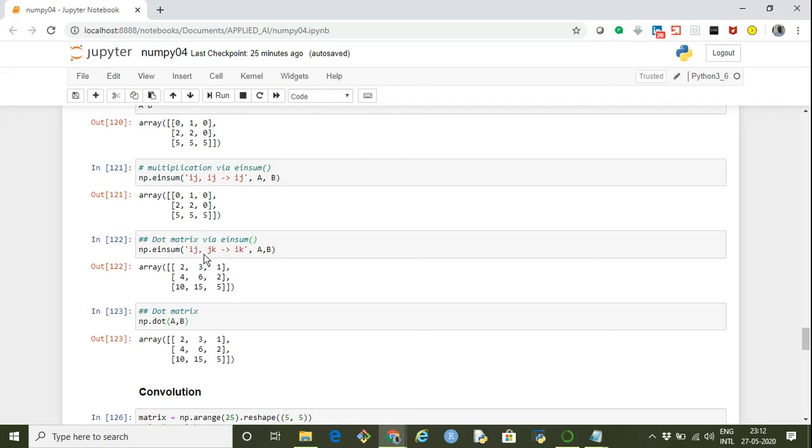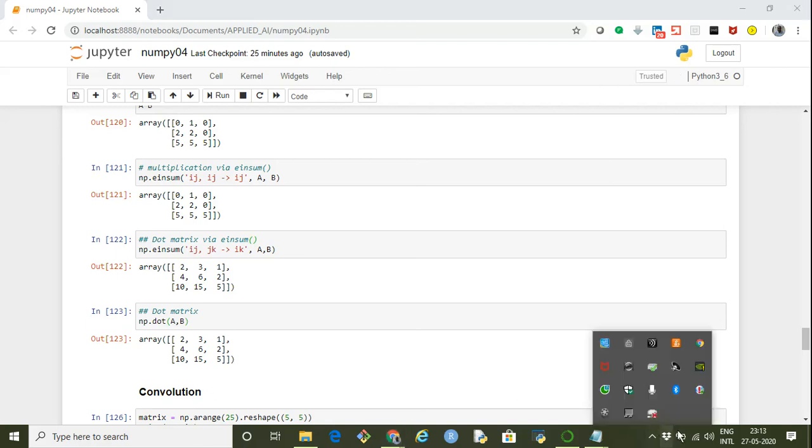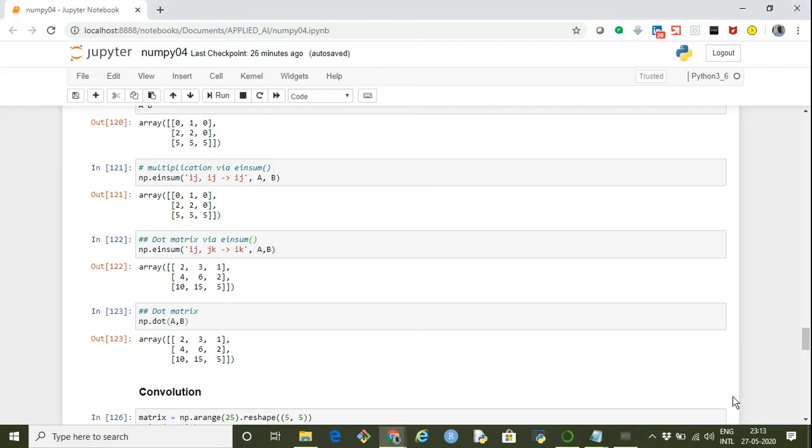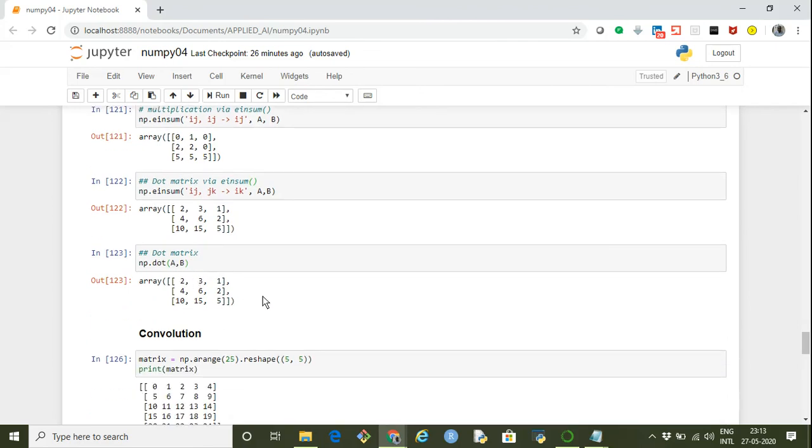That is, the j in ij and jk should be the same, and the output we give is of the form ik, that is the rows of the first matrix and the columns of the second matrix. So we get the matrix multiplication output. Its equivalent is np.dot(a, b), which will also give the matrix product.